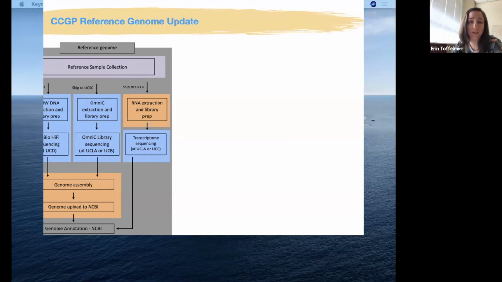Just as a quick refresher, our reference genomes are composed of 3 different pieces. We're working with PacBio HiFi long reads. That work is being done at the UC Davis Genome Core. And then we're also combining that with,